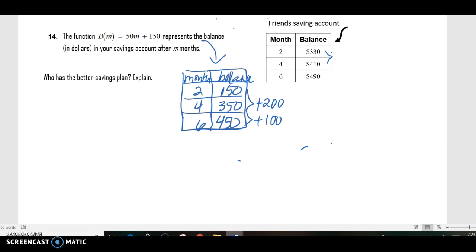That does not look right to me. Okay, so apparently I can't add, and I need to fix this. This would be 250, which makes this plus 100. So I'm adding $100 every 2 months. I'm adding 100. If I look at my friend's account,